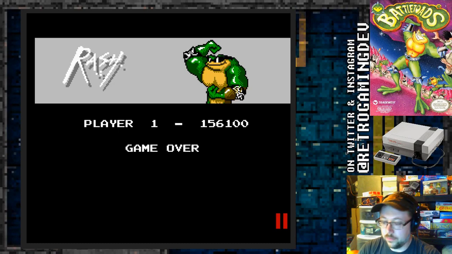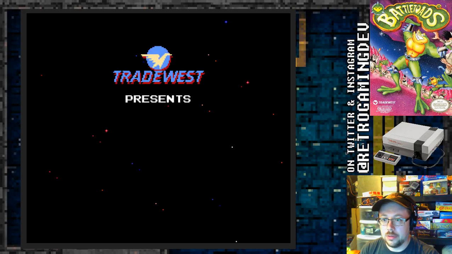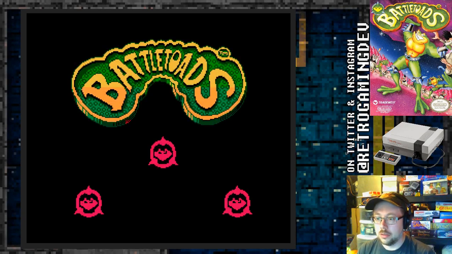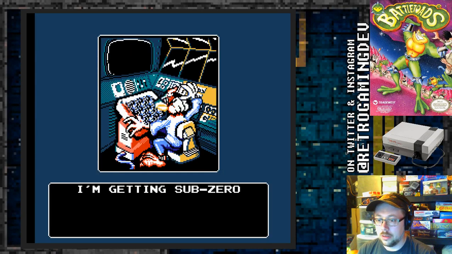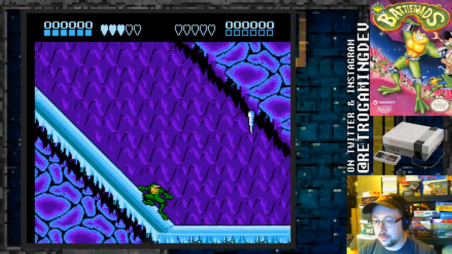Level 4. Battletoads level 4. Okay. I don't know how to do this, but let's see here. So maybe I need to unpause it. Maybe I need to reset the game and cheat. Oh yeah, here we go. Cool. Alright, so